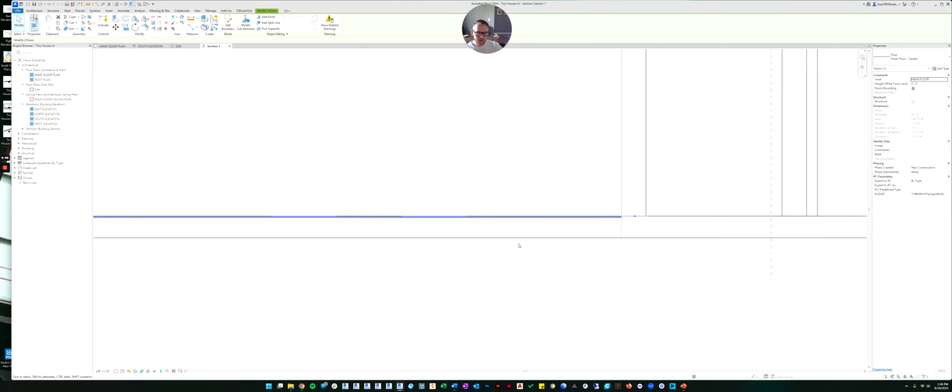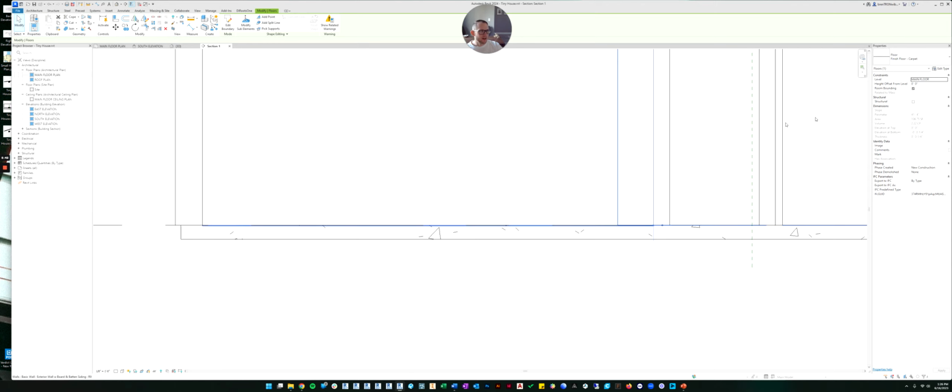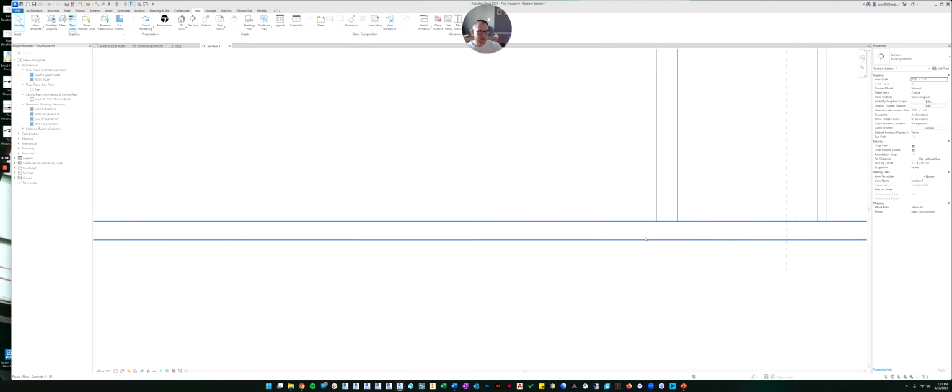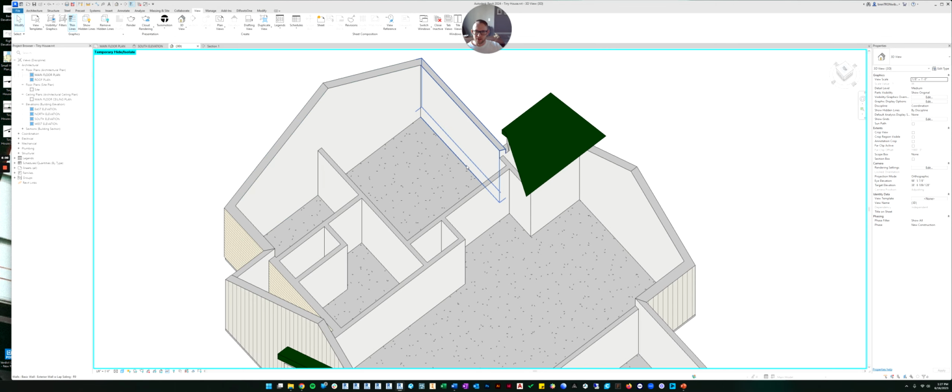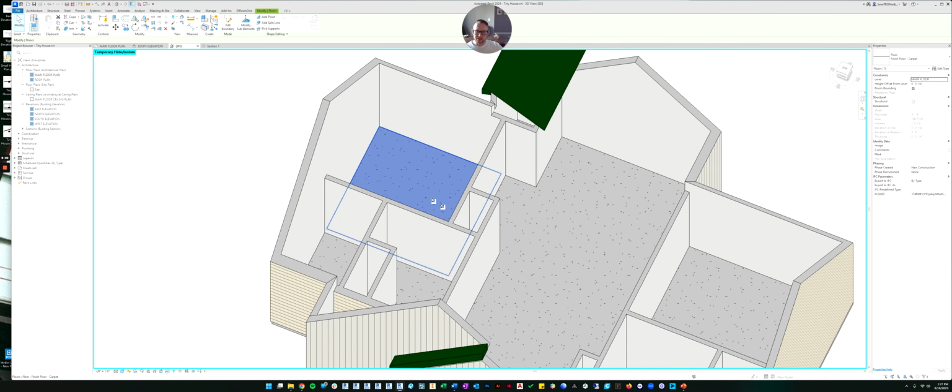So let's click our floor, and we want to offset the floor up. So if you go over here, do you remember it's already set to the right level, but maybe let's just change the offset to be 0.25 inches, so 1/4 of an inch. So the thickness of the floor, and then it moves it up. So now when we look at it in 3D, it doesn't conflict anymore.